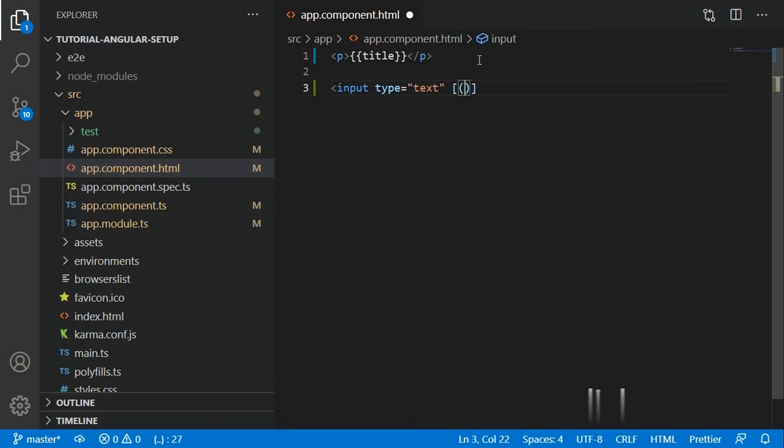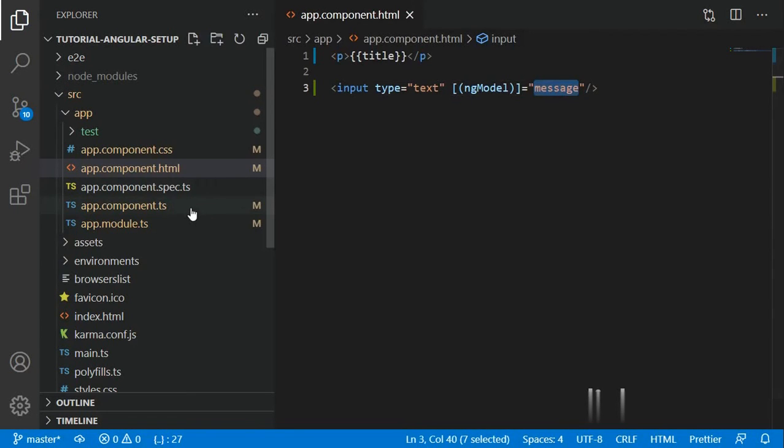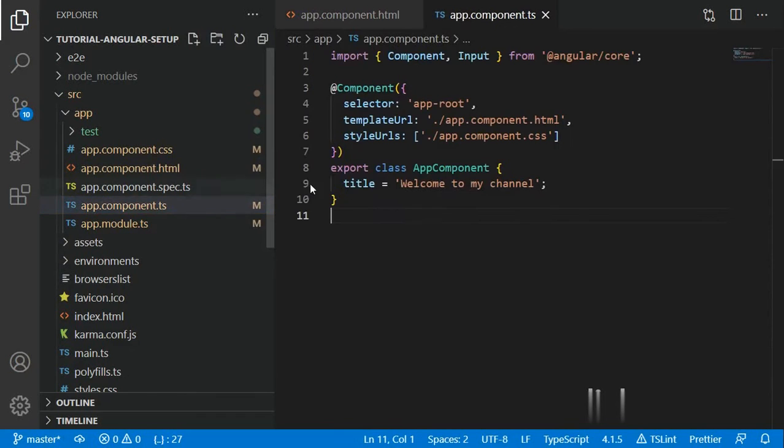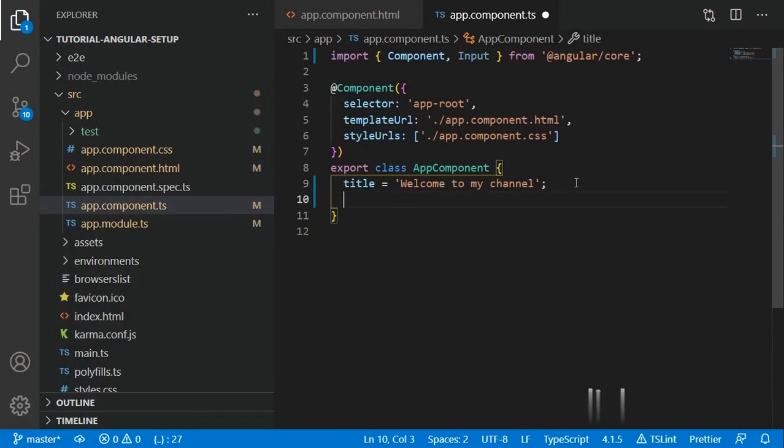I'm storing the message using ngModel into the property message. This property I have to define in my parent component ts file as well. So let's define the property.